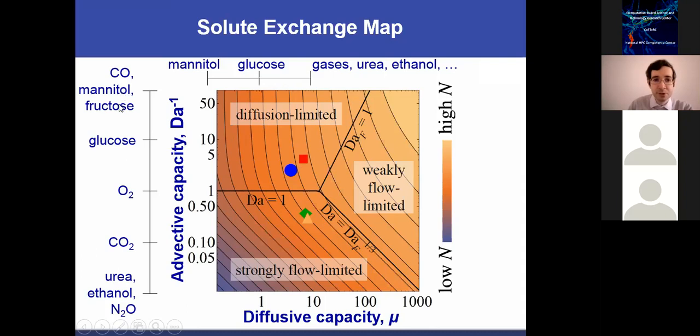So fructose doesn't bind to red blood cells, but it's so slow to cross that it's really limited by the barrier. While carbon monoxide, which is a poison, crosses the barrier really easily, but it binds so dramatically to red blood cells that it's effectively cleared immediately and never diffuses outside of them. So both of them, for different reasons, become limited by the barrier thickness, which is again not obvious until you